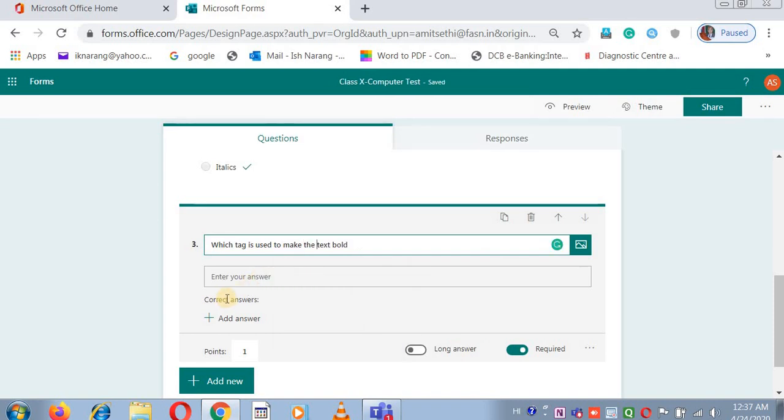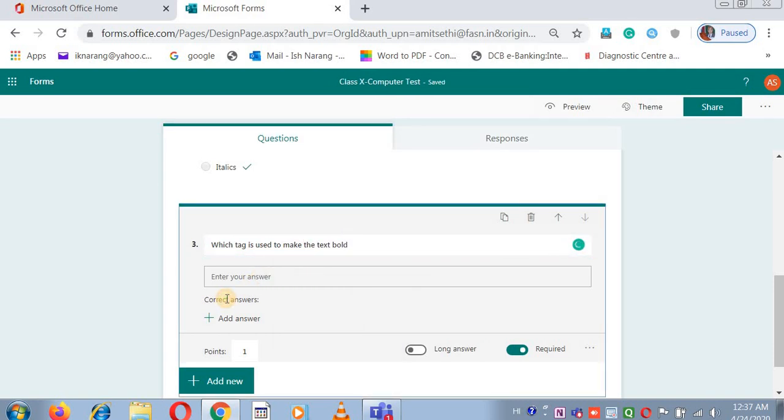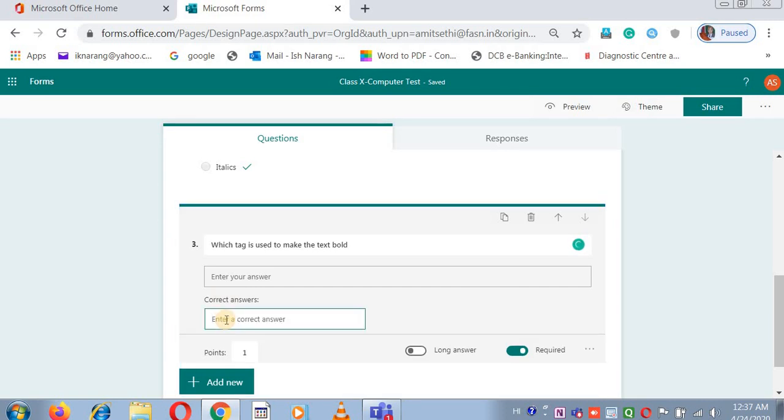So, correct answer, you can add the answer here, can be written in this format. The b tag.